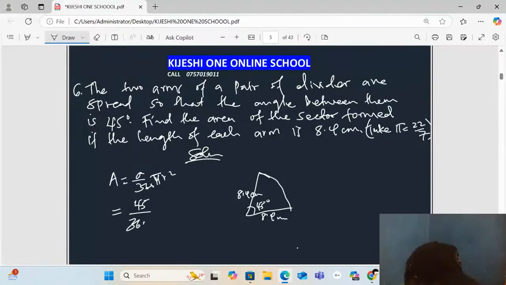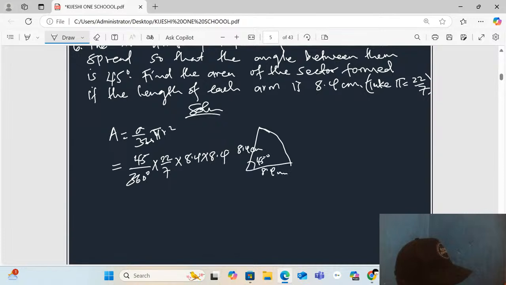Theta, that is 45 degrees, divided by 360 degrees times 22/7 times r squared. So r is 8.4 times 8.4. So when you work this one out using your calculator, you're going to find that the area